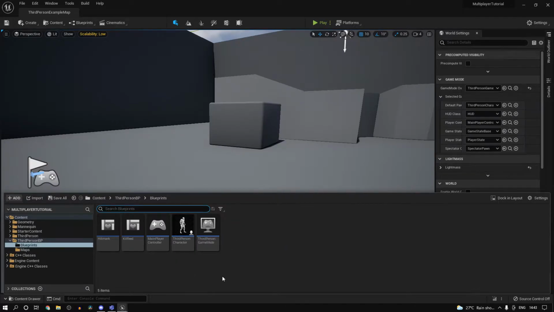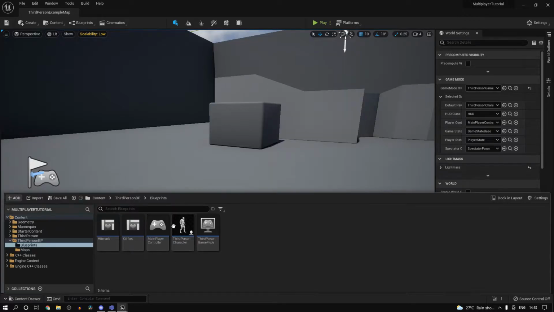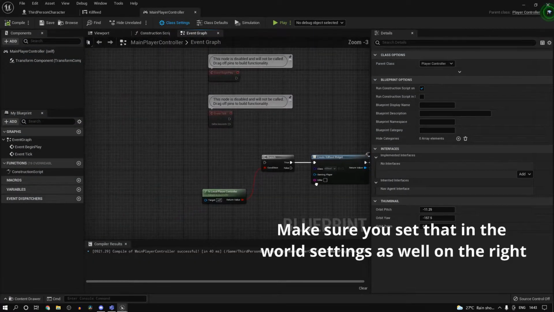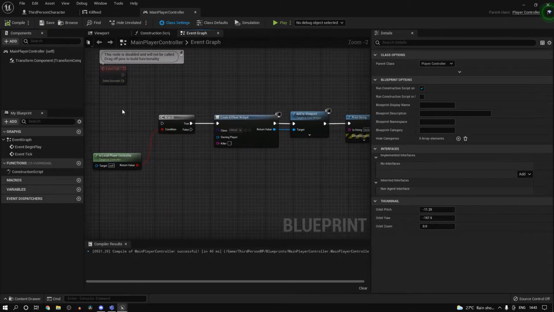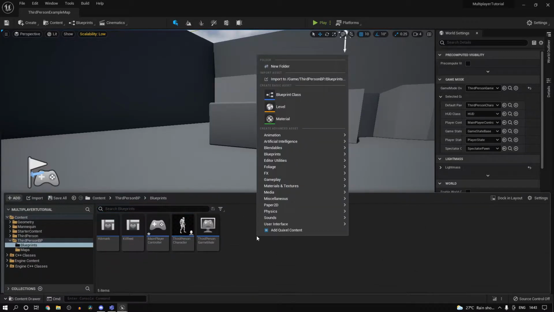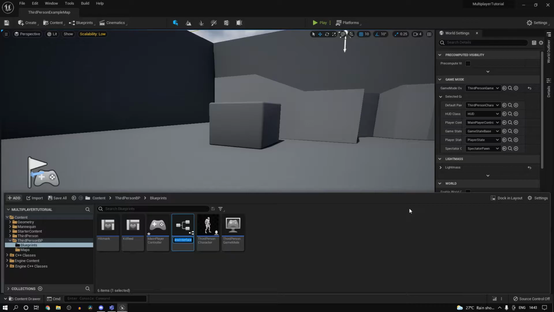So first thing I want you guys to do is right click Blueprint class and then create a player controller. I've just named mine my main player controller. So just open that up. I just have set up some simple logic, we will redo that. So one thing I want you guys to do is right click, go to blueprints, create an interface and let's just call it BPI underscore player controller,